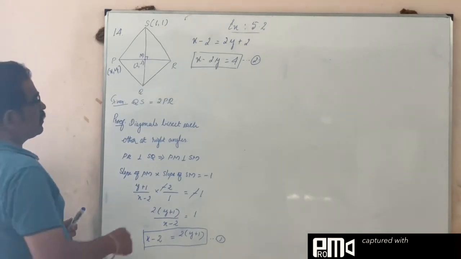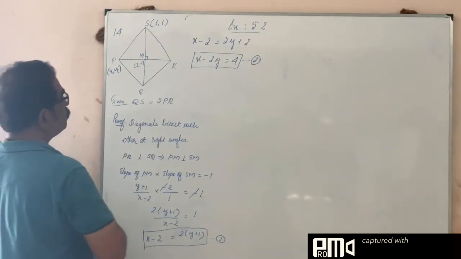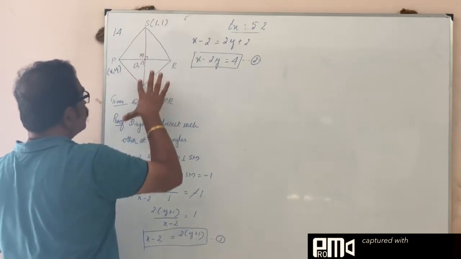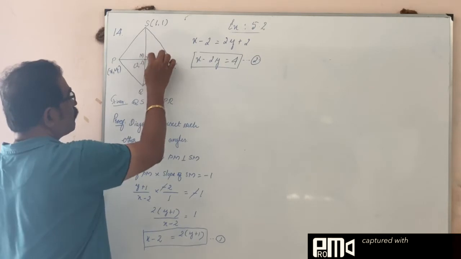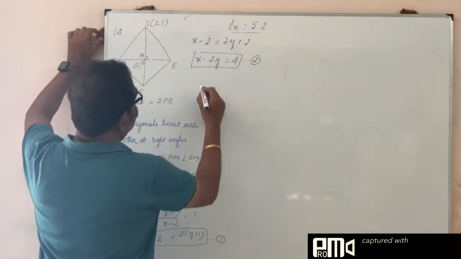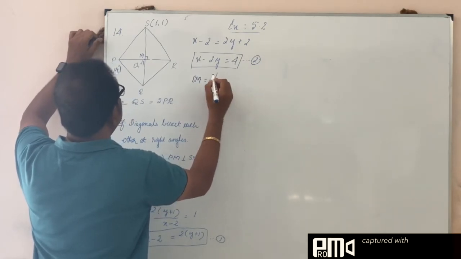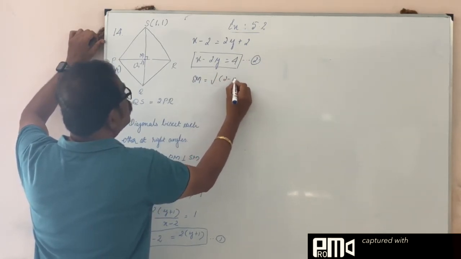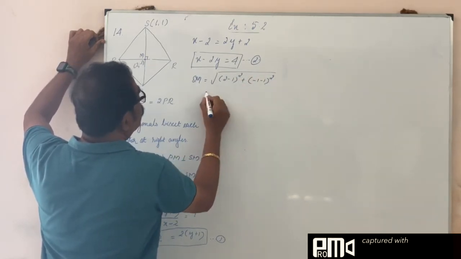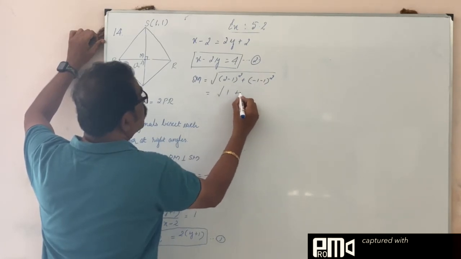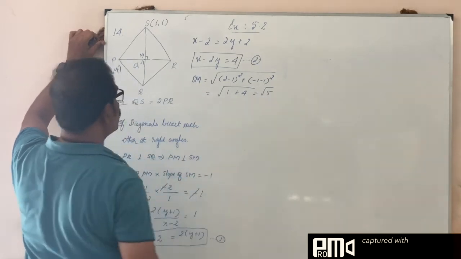And then we should take QS is equal to 2PR. What is QS? PR we will see now. QS, this diagonal is bisected at M. M is the midpoint of QS. So QS will be 2 times MS. Let's find out MS now, or SM. SM is equal to square root of (x2 minus x1) the whole square, (2 minus 1) the whole square plus (minus 1 minus 2) the whole square. Square root of 1 square plus 3 square, square root of 5. So SM is square root of 5.